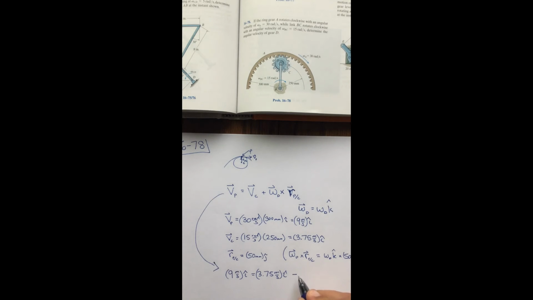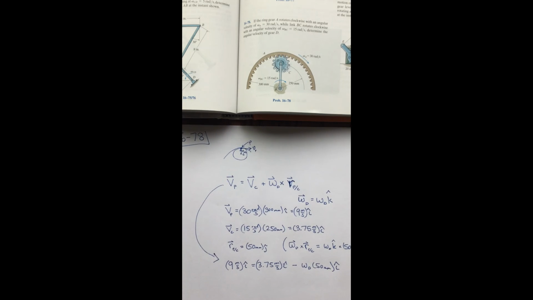So from our equation, the cross product is omega D times 50 millimeters in the negative i hat direction. Okay, so we have one equation here, and since the only non-zero components in this equation are the i hat components, we can use it to find just one unknown, but we only have one unknown that we're looking for. So omega D